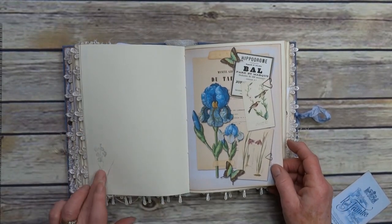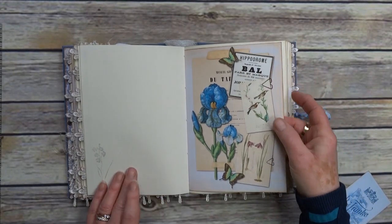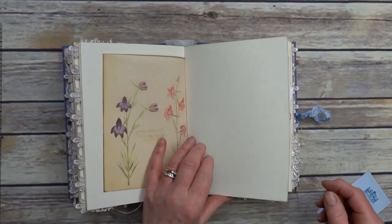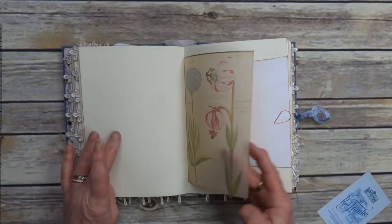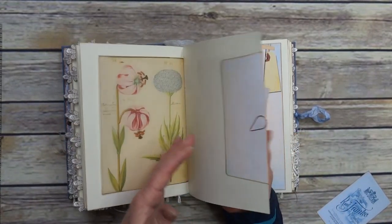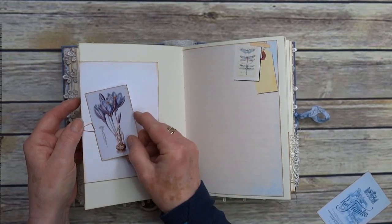A bit more digital stamping. That's another page out of my blue collage kit, because I think I've got a green one on as well. Printed vellum, the centre, back of the vellum. This is the plain envelope out of the kit. There is nothing inside, and that is clipped on. That's also part of the